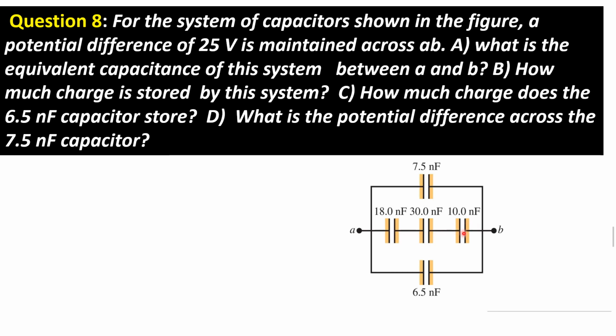To get the combined capacitance for these three in series, we will apply the reciprocal formula. And the result will now be considered parallel to both the 7.5 nanofarad capacitor and